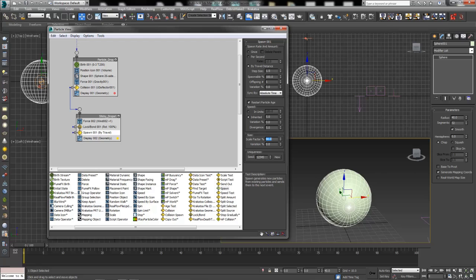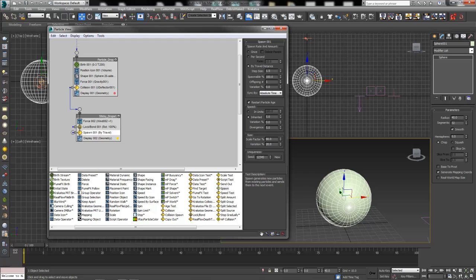So if we say, let's scale them down to 80%, they'll be a little smaller than the big one, which makes our tails skinnier than the original particle. We can actually give them a variation of 20%, so every now and then we get a large lump in there or a small little space in there for our droplets.